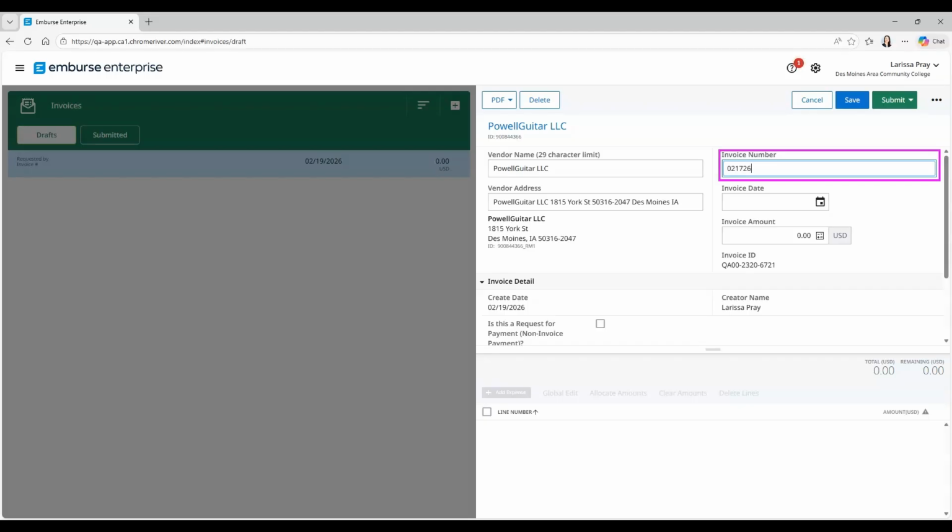So February 17th, 2026, 021726. Refunds will use capital REF and then something to identify what the refund is for along with that payment date. So for example, a refund for an overpayment paid on February 17th, 2026 would be capital REF OVERPAY